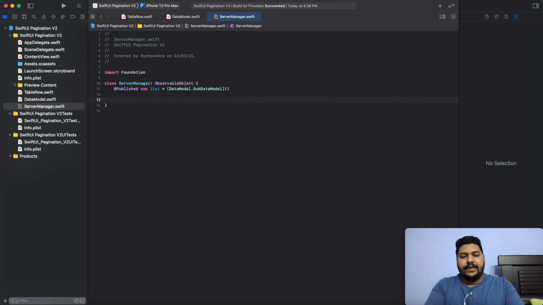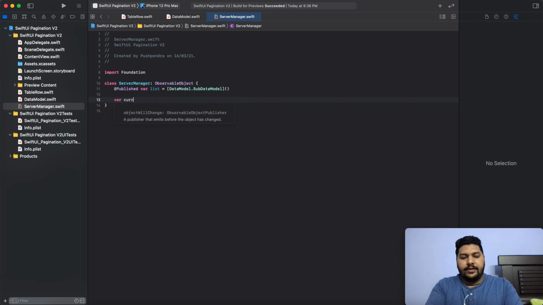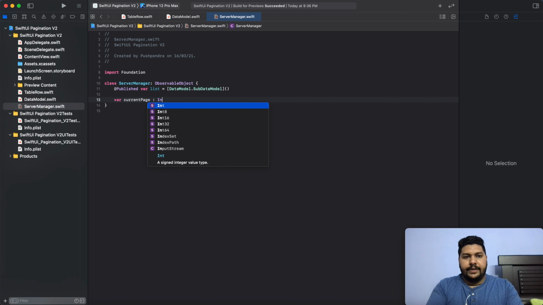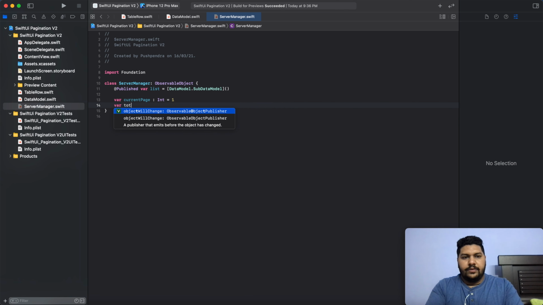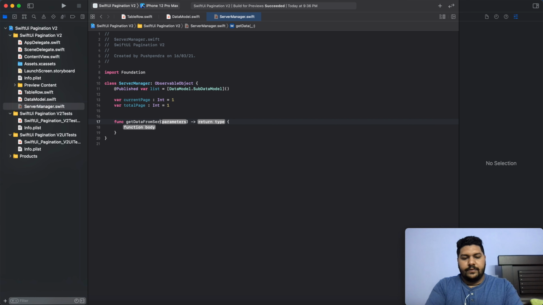Now after that I will take two parameters over here for identifying: var current page of type Int, and by default 1, and var total page Int, and by default also this is 1. Now I will create one function, so func getDataFromServer.